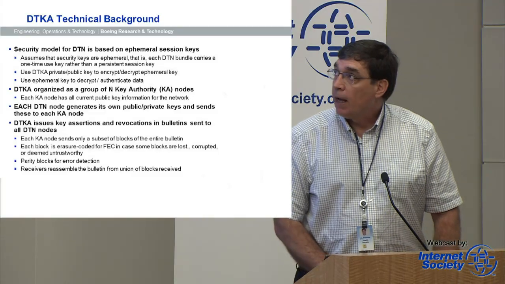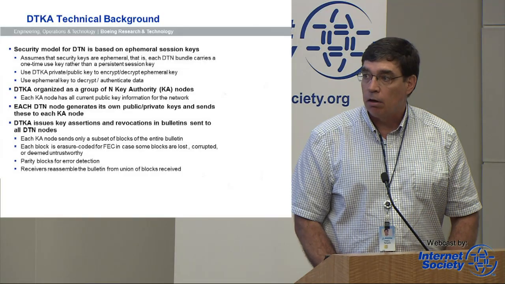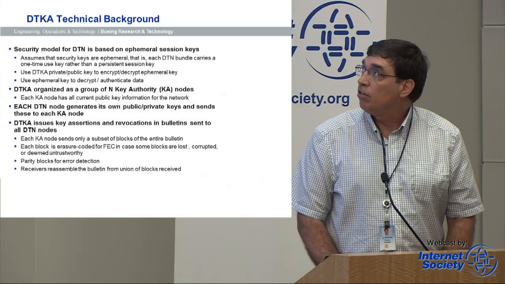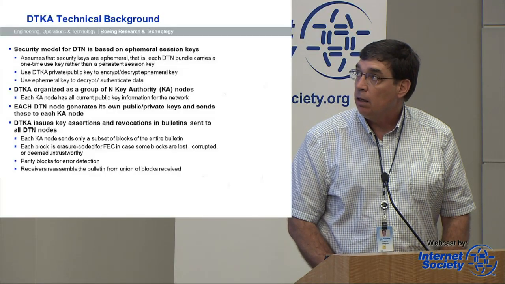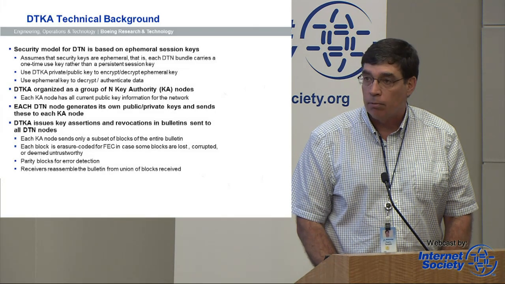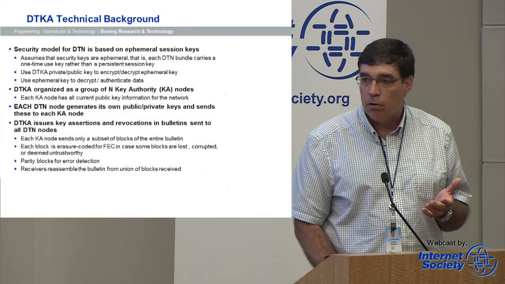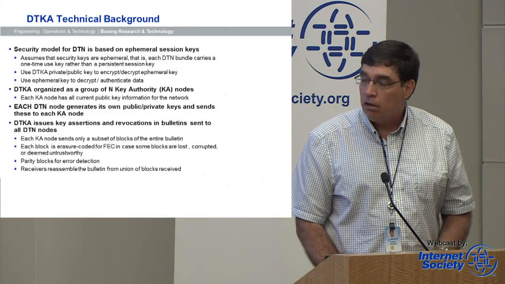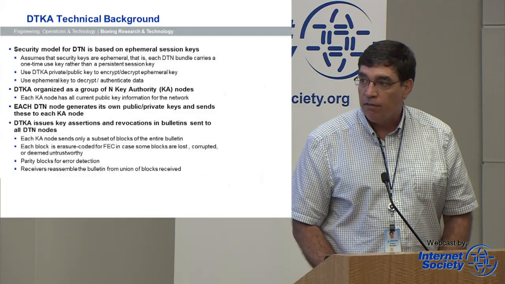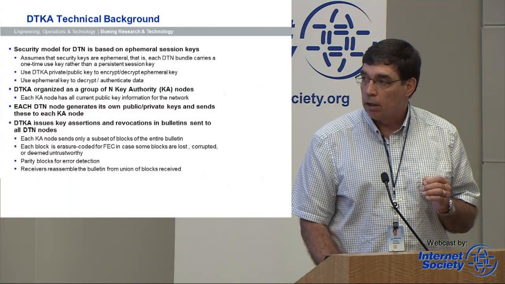So, DTKA technical background. The security model for DTN is based on ephemeral session keys that are encoded with each bundle. It assumes that the security keys are ephemeral, that is, each DTN bundle carries a one-time use key, and the DTKA public-private key system is used to encrypt or decrypt the ephemeral key. So once we have the ephemeral key exposed to the node that needs to interpret the data, we can then decrypt or authenticate the data based on that ephemeral key. So that's the purpose of the public-private key, is to either authenticate or encrypt